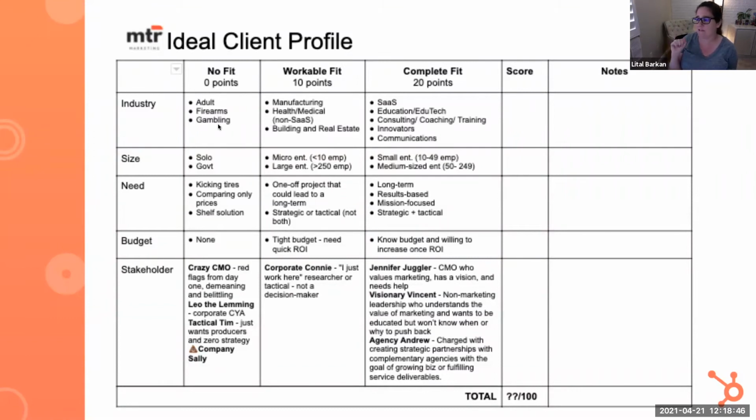So we have 5 areas that we assess them. Of course, your companies are going to be different. We're happy to share this with you so you can rework it for what works for you. But as we're engaging, as we're getting to know our prospects, this is what we fill out, and we better determine if they're going to be a fit. And it also enables us to answer questions in the right context for them.